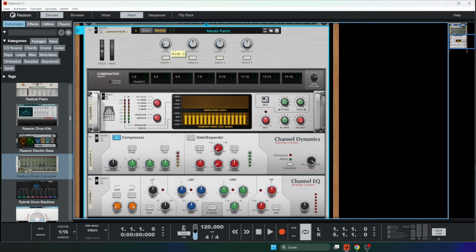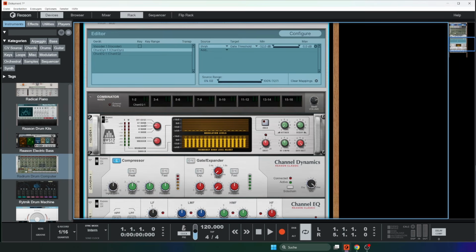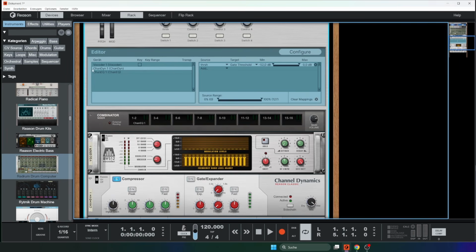we get a linkage. But if this is not exactly what we want, we could tweak these inputs if we open our editor. If we take the editor and select our dynamics, channel dynamics 1, it's here. We now see there is this source here. So we got our threshold, and the target goes to the gate threshold. And now we can define a minimum and maximum range for our knobs. So if we start right here around the middle